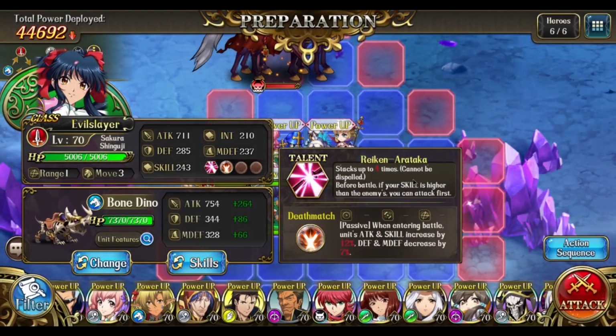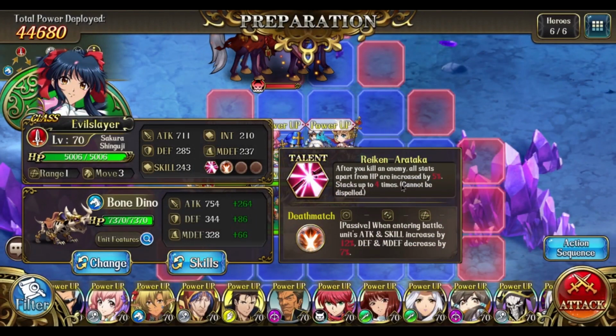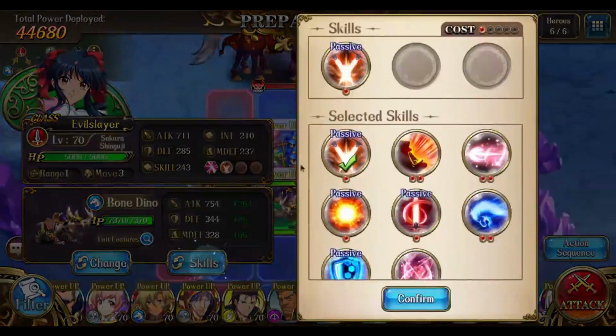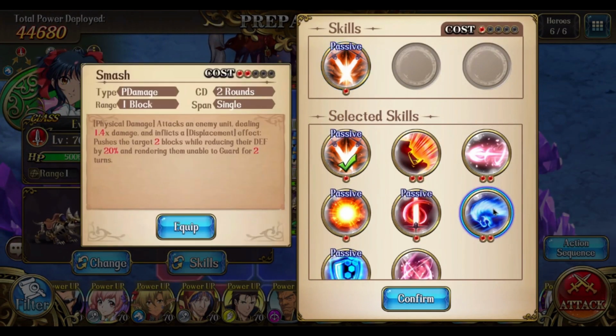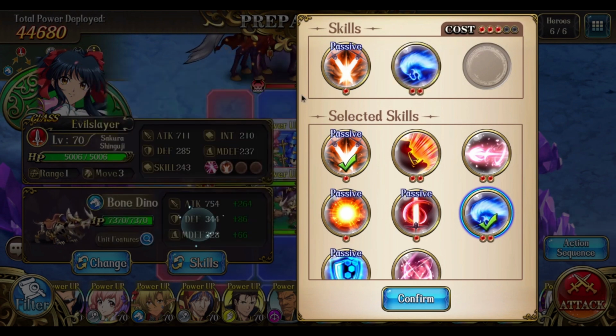Because she will get a talent stack each time you use it. And at 6 stars, she'll be able to stack up 4 times, and it'll be 10% for each stack. So it'll be a potential 40% all stats increase, which is going to be pretty nice, both for her and her Bone Dinos. Then for her other skills besides her 3C, you could bring Smash, again, to push the boss